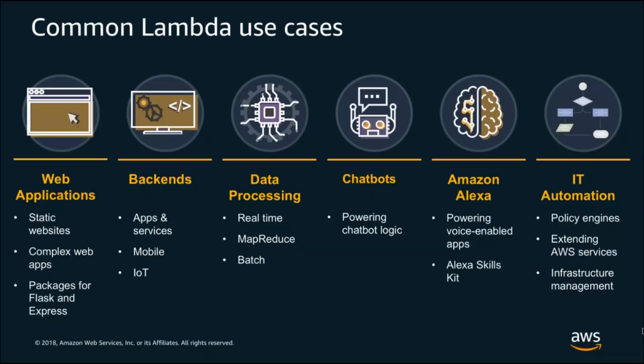Chatbots and Alexa, both pretty similar. We see customers that are increasingly building chatbots for interfacing both internally and externally from their organizations. Amazon Alexa is obviously an incredibly powerful home AI device, or AI service, I should say, that lives in lots of different devices today, from TVs to Echo devices to all sorts of things. And then IT automation. Typically, this looks like glue or things that react to, say, policy-driven services such as CloudTrail or Config and Config rules that can allow you to respond and automate certain actions inside of your infrastructure.